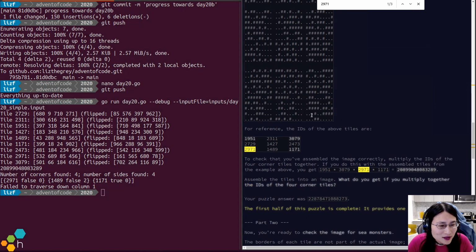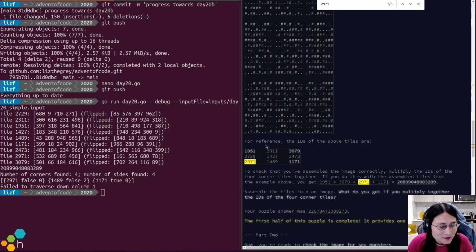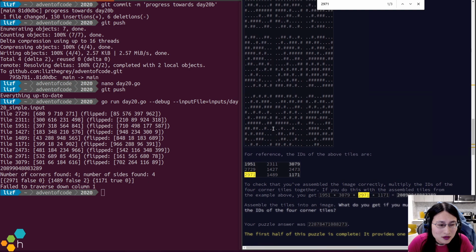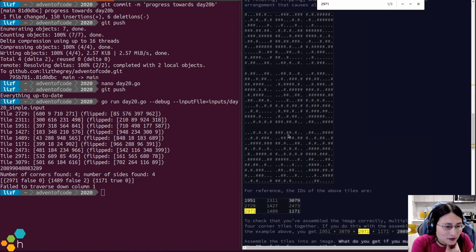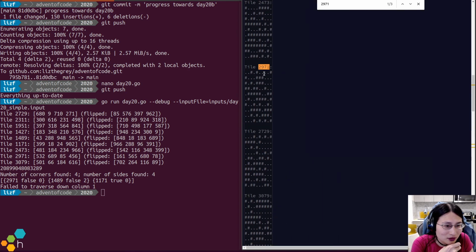So, in theory, we should be able to... 2971 was not flipped. Square arrangement that causes all of these to line up. Yeah, that's correct. 2971 not flipped looks like this.